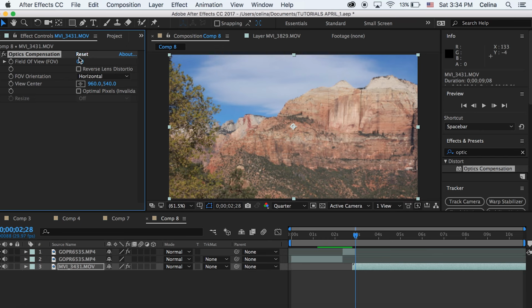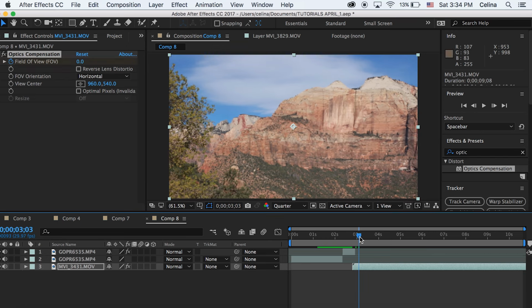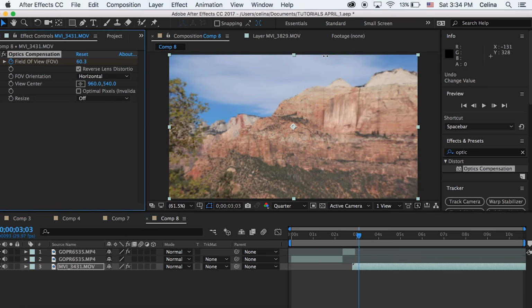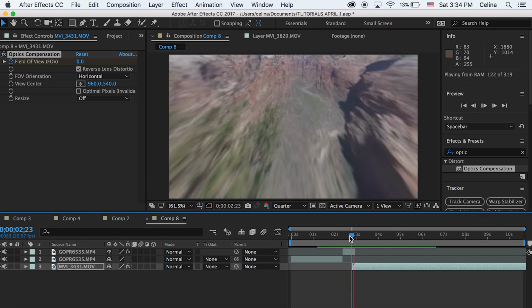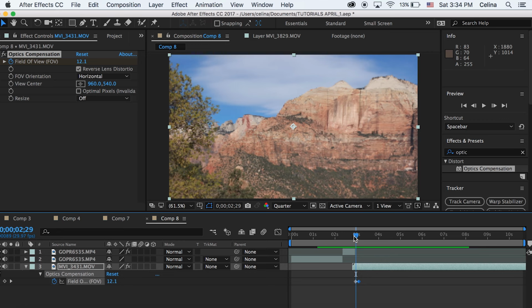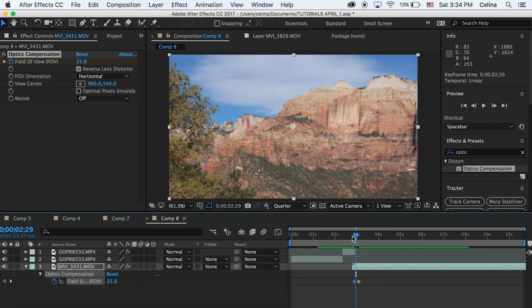So we're gonna press the keyframe button in the beginning of the clip, then move a couple frames, not too much though. We're gonna press Reverse Lens Distortion, and then we're gonna drag that number just a little so you kind of see the ending of the transition. So I'm just gonna go to 60.3,